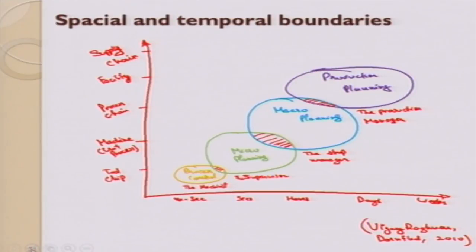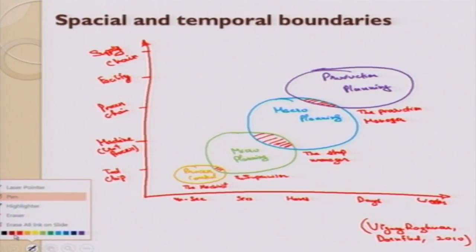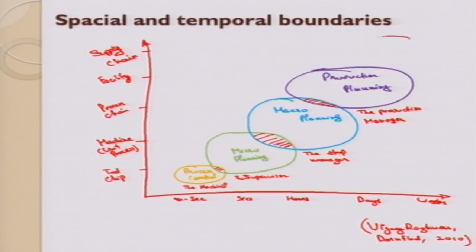And at the top, what we have is the supply chain, and these decisions might be planned for a few weeks. What we have here is supply chain management. Who takes the decisions for the supply chain? It is the upper level of management, maybe the CEO. I will put the management.